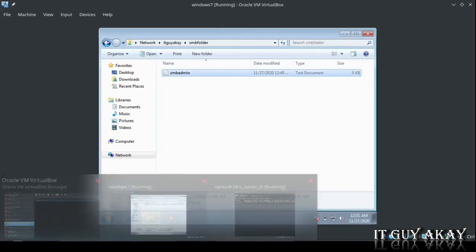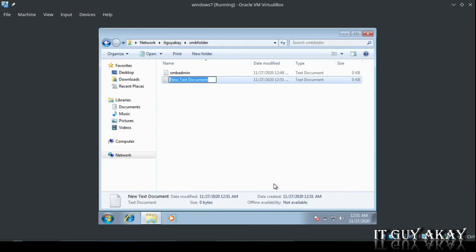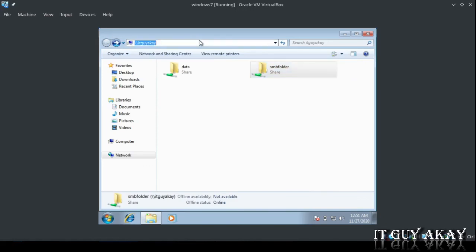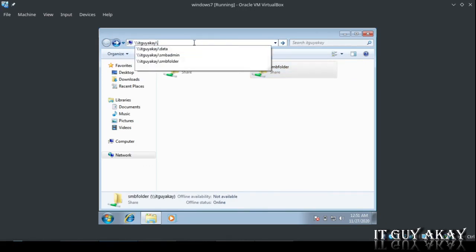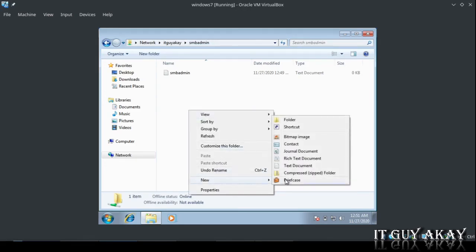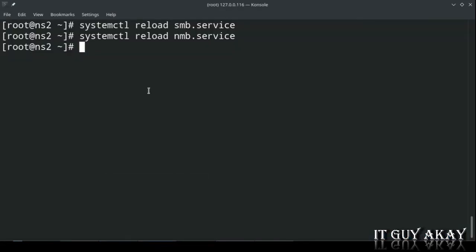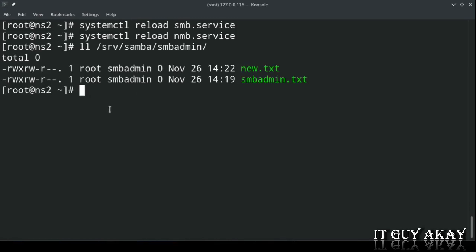Now try to create a file under the smbadmin share. And check again the ownership from the server side.